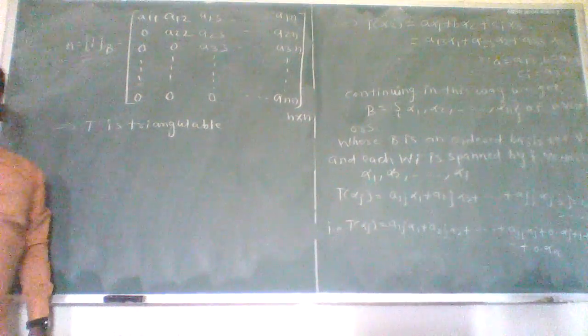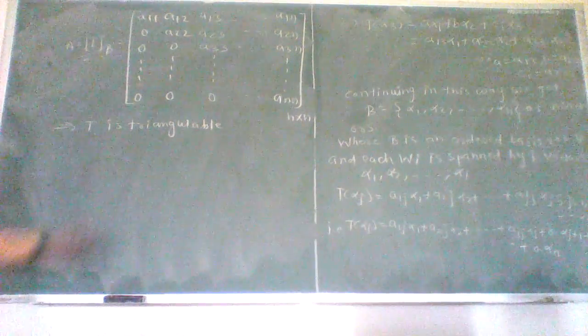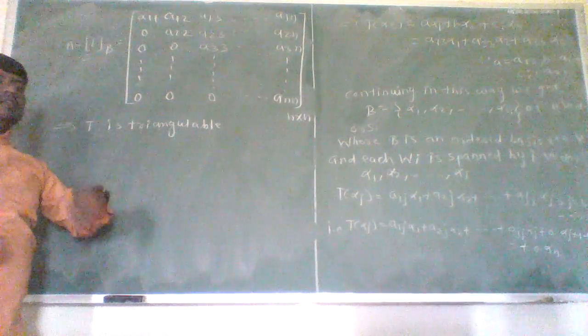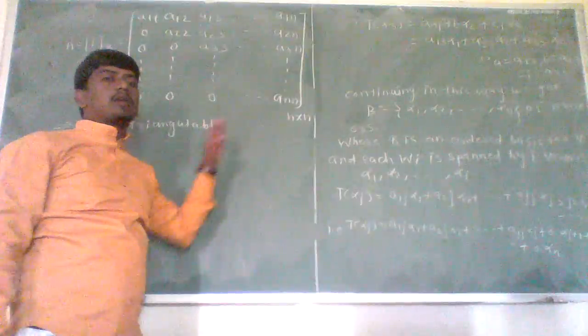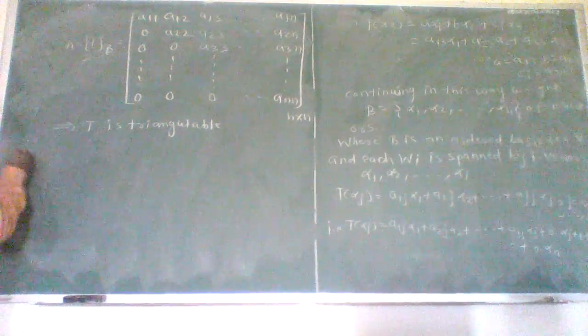Okay, so here we have proved that if the minimal polynomial for a linear operator T is expressed as a product of linear factors, then the linear operator T is triangulable. Now in the second part we have to prove that if T is triangulable, then its minimal polynomial can be expressed as a product of linear factors. Now conversely,